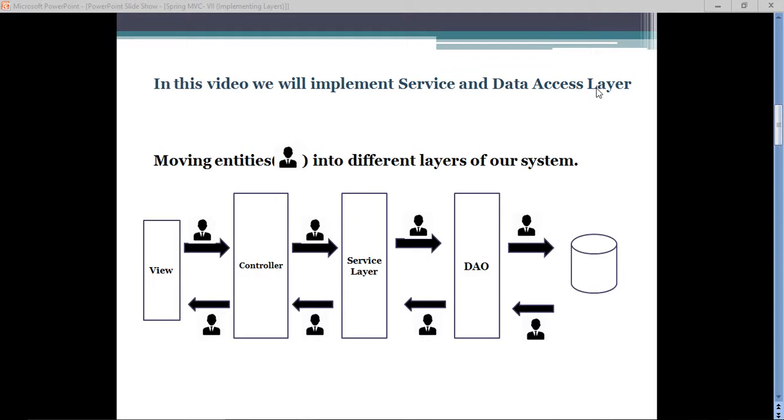In this project we will use the layered architecture, as development houses use the same architecture in their development. We have already developed the presentation layer in our project, and we have also designed the controllers. We have also integrated Hibernate and used MySQL to persist our objects within the database. In this video, we will implement the service layer and the data access layers.